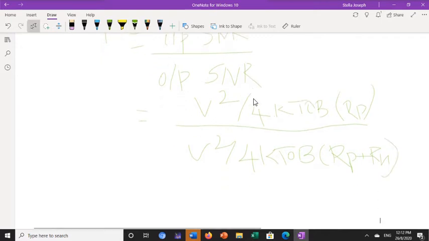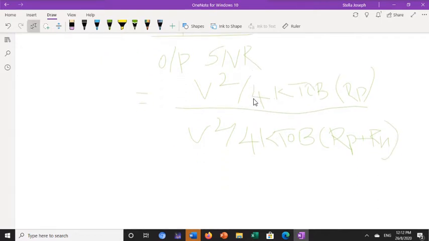Okay, so from this we can cancel. So if I am rearranging this, better I'll rearrange. V squared into 4kT0B into Rp